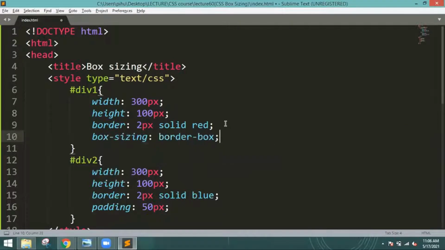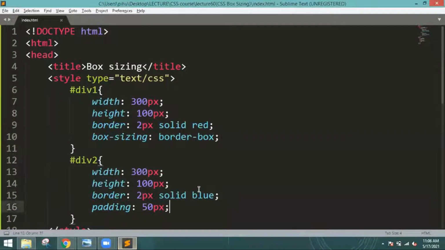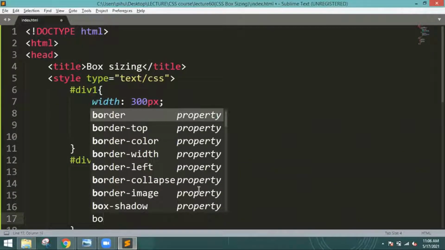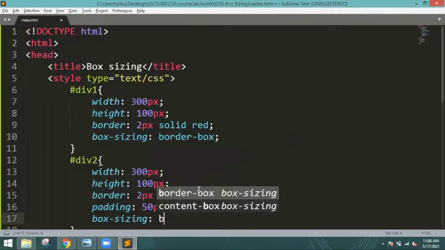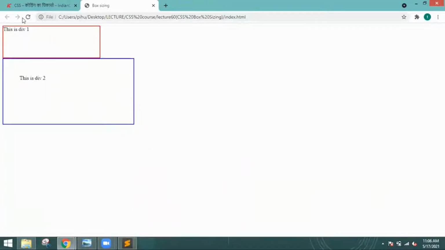Now let me provide the box sizing of border box. Okay, so let me see what we will get. With this, the element's padding and border are included in the width and size. So you can set it with the help of that. Again, I will provide it in the second div and then we will be able to see it will be according to